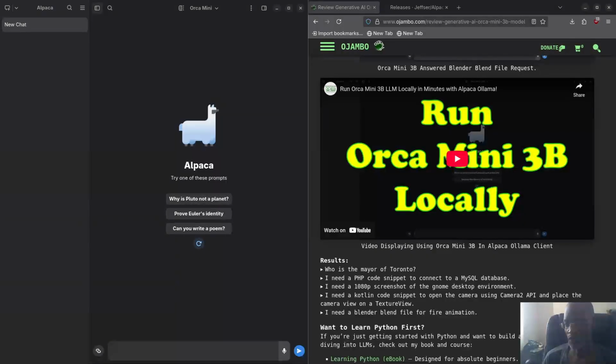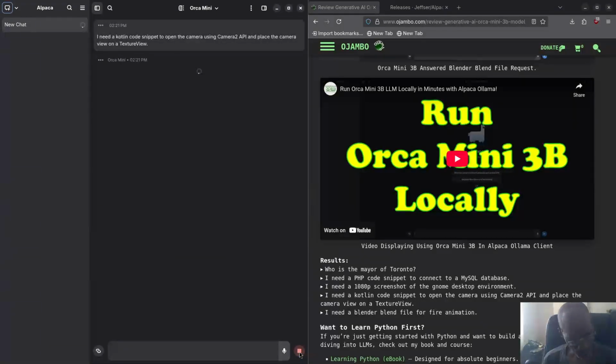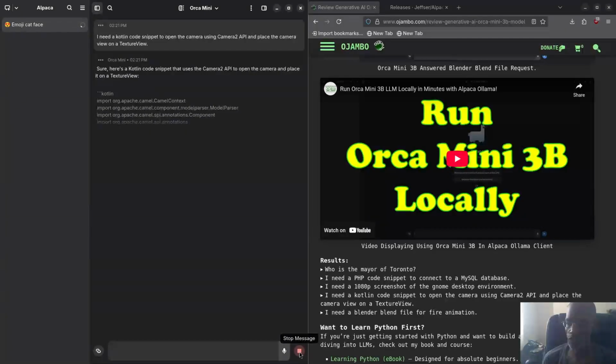So I'm gonna request Kotlin code. This one, let's put it here. So my request is I need a Kotlin code snippet to open the camera using Camera 2 API and place the camera view on a texture view. Now, one thing you'll notice,